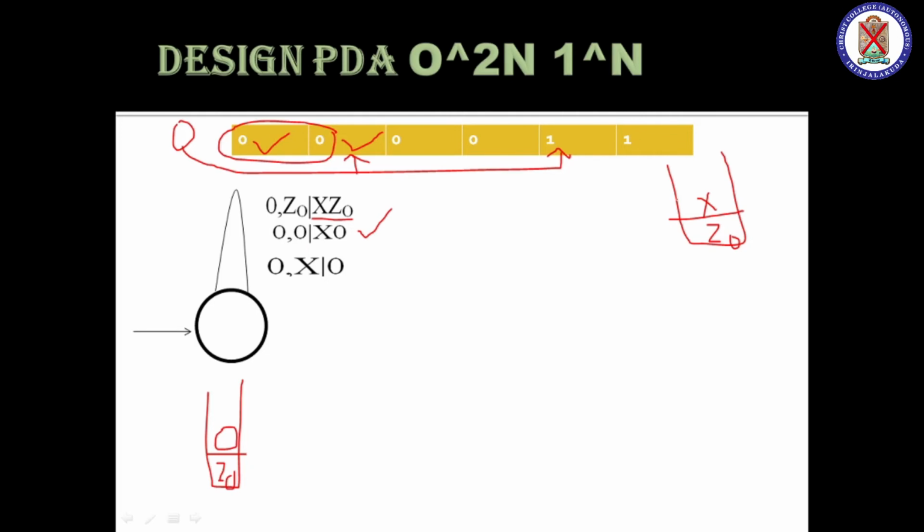But look here, this X is not needed by us. Why did we insert X? To keep track of the pair of zeros, we are only inserting X. So if the first 0 comes, I will insert X. When the next 0 comes, that X is replaced by the actual 0. The actual 0 means that when a 0 is inserted into a position, by default we have seen a pair. So this X does not need to be inserted again. That is why, in the stack, if I see X and 0 is to be inserted, this X is popped out.